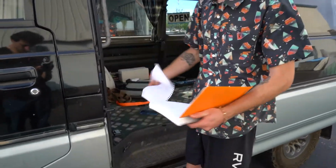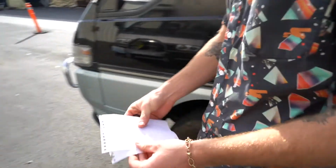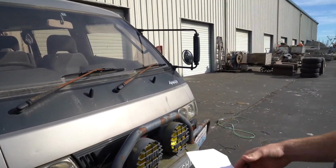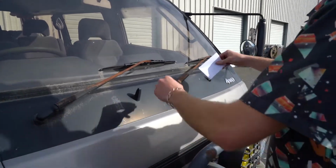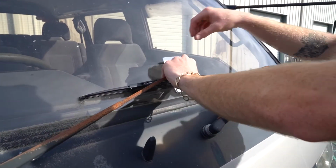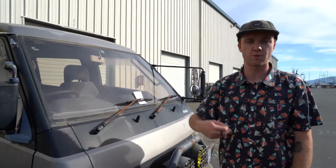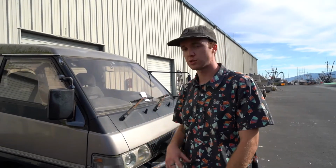Got the note right here. Gonna fold it up. Now there's no rain in the forecast, so this note should be good for the next 2 weeks at least. And I'm just gonna put it straight on the front dash, just loud and clear. Who knows, you never know. Someone that might know this owner, maybe he's walking by, he'll grab the note, open it up, forward it to the owner, who knows. All we're trying to do right now is get in contact with the owner and really